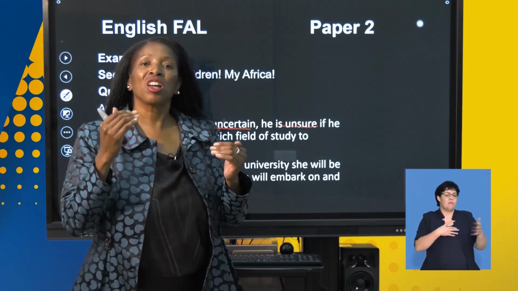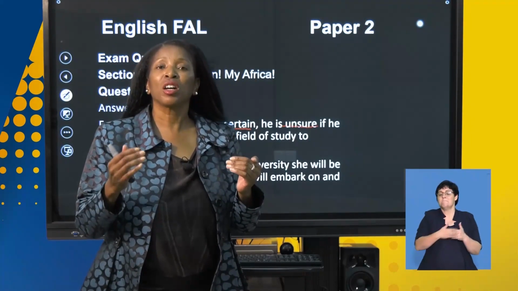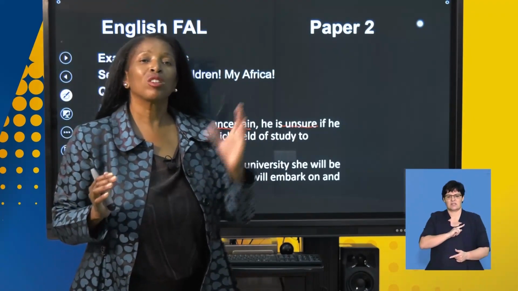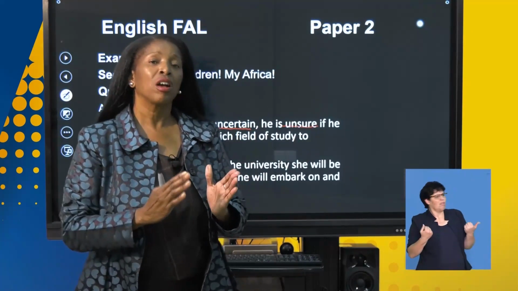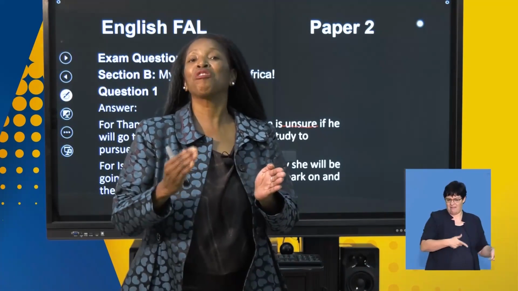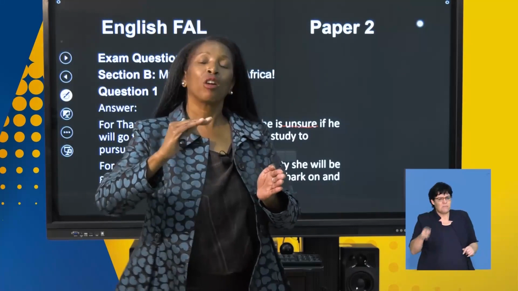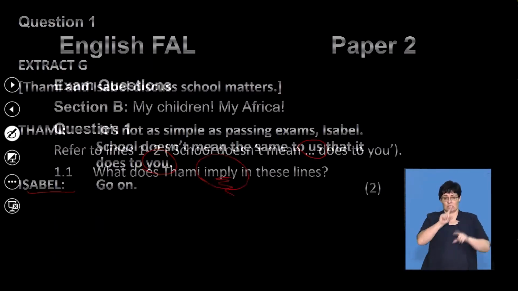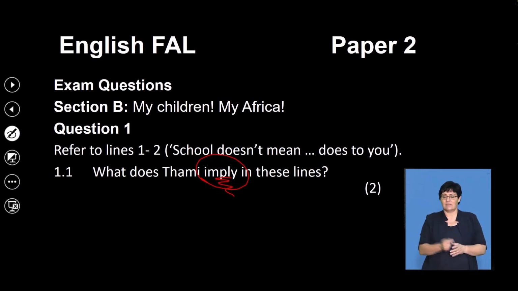However, these words in the extract go on further, where Tammy becomes quite frustrated because Isabel is naive about his situation as a black township learner and the fact that she believes that they are on an equal basis. Let us go to the next question. The next question states,